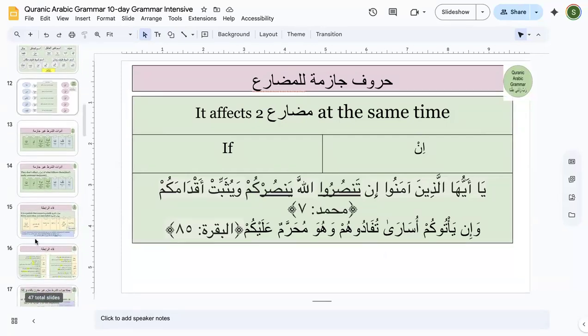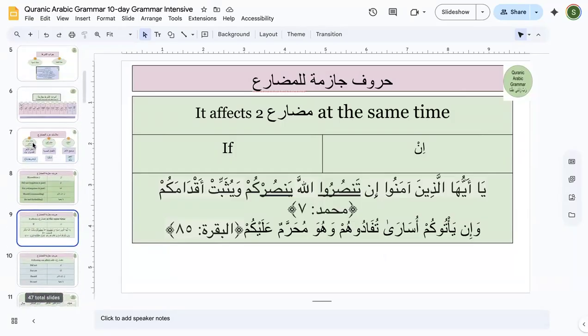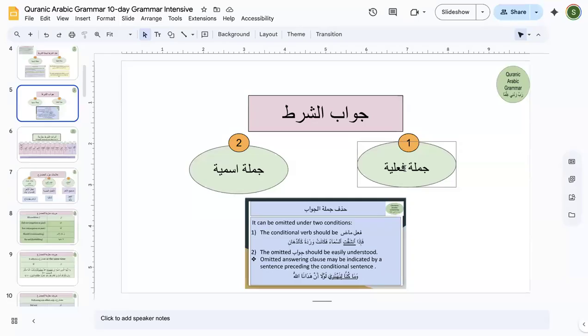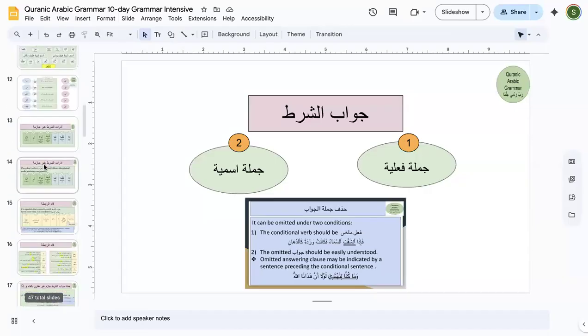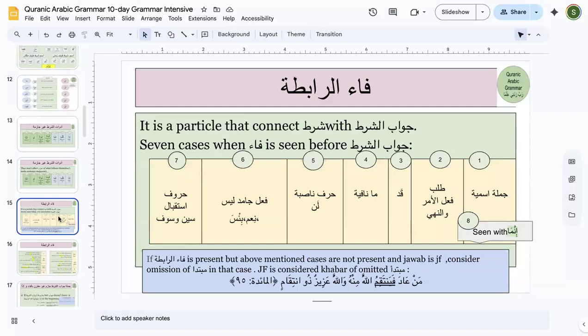But sometimes, if it is not jumla filia, I still have to connect the sentences, right? I told you the jawab can be jumla ismiya and it can be jumla filia. So if the jawab is otherwise, or there is something present in the beginning of jawab, and the fail is not right at the beginning of the sentence, what can I use to connect the two sentences? What is something that I can use to connect the two sentences? And that something that can make a connection between your shart and jawabu shart is going to be called fa'ur